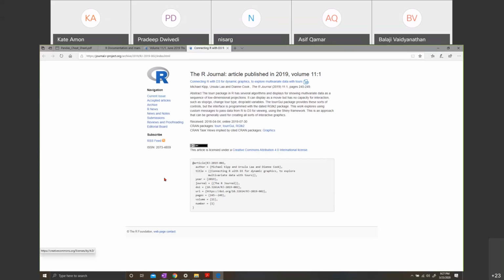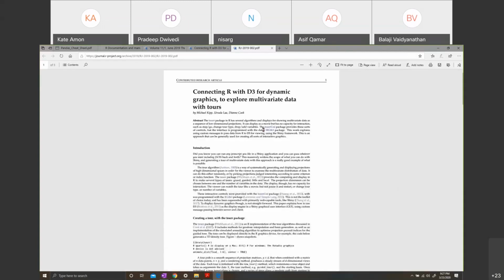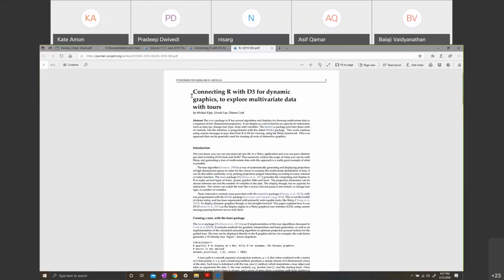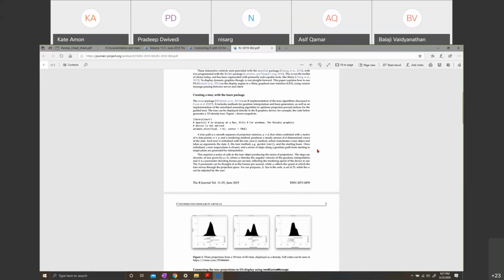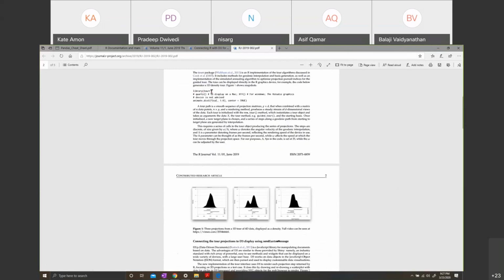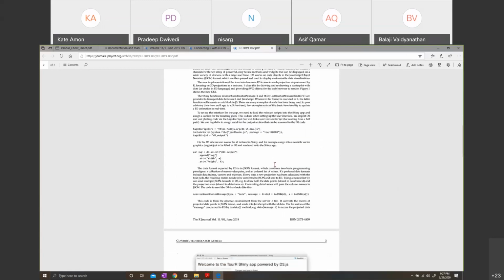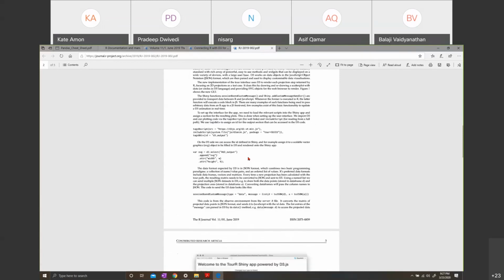This is it. It is here. It is saying this. I can open this. And I hope you guys can see, guys, that these are not just shoddy documentation. These are very well written articles explaining things. You know, there is a library called TourR, and using this you can integrate D3 into your work, right? Into your R code.